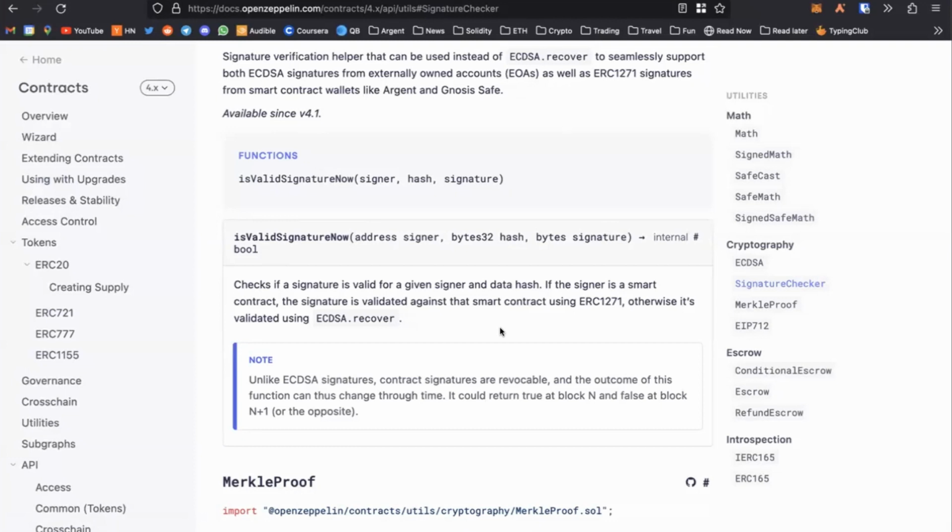You can make an exception if you're validating a signature for some infrastructure stuff, maybe an Oracle giving you a signature or some backend where you know it's not a user, it's really just a signature coming from a key that's not going to hold funds, and then you know it's always going to be one signature. Then it's okay to still use EC recover, but in the general case, this doesn't cost much to use that library, so it's a good habit to have.